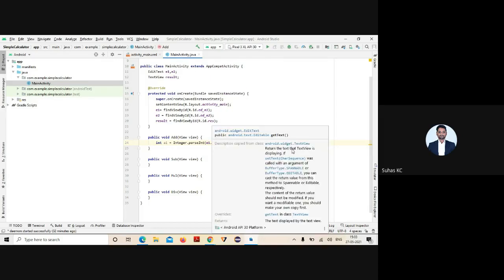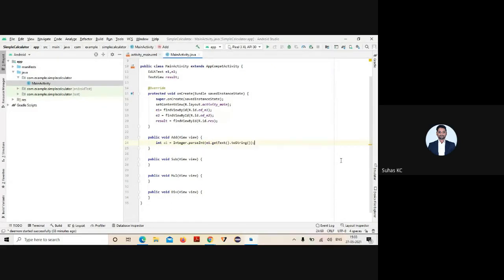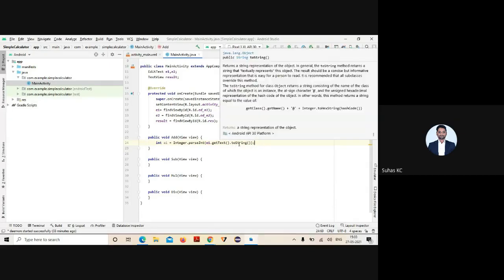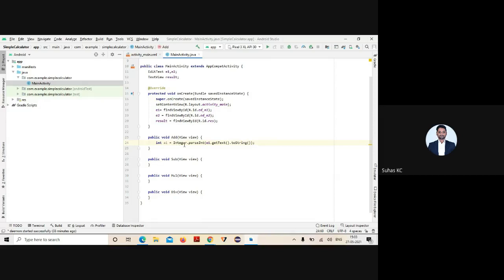Simple thing, getText returns the text that has been taken from which one here? EditText. It is used to get the text entered in which one here? EditText view. That will be in the format of which one? Object. You can cast the return type from this method. It will be in the format of an Editable instance. And if you want to convert to string, we use toString. So it is the format of string, and in order to convert to integer, I'm using this method, Integer.parseInt.